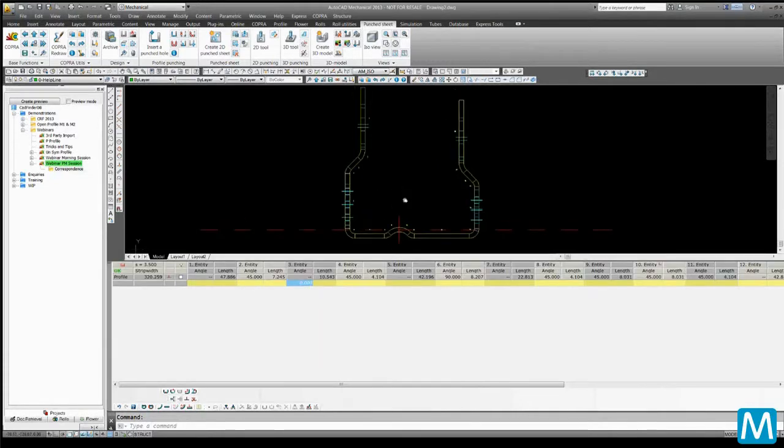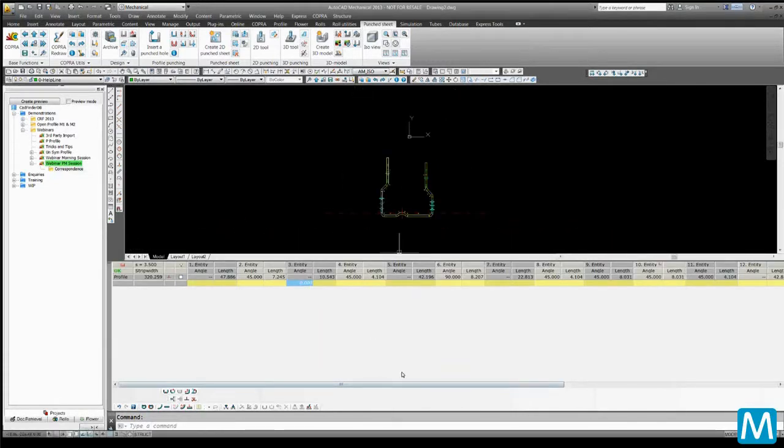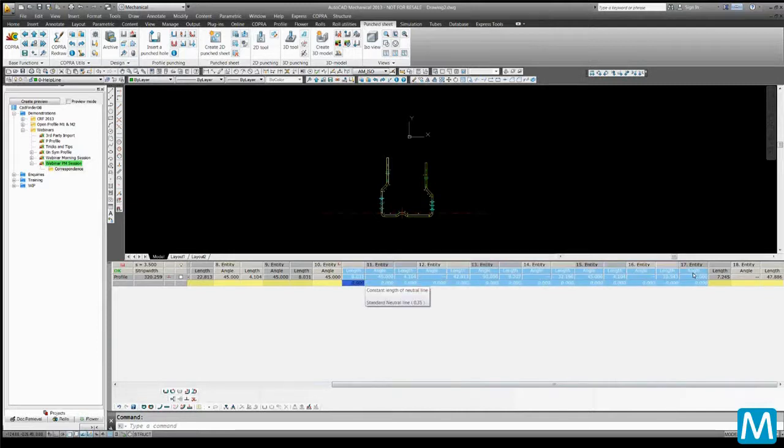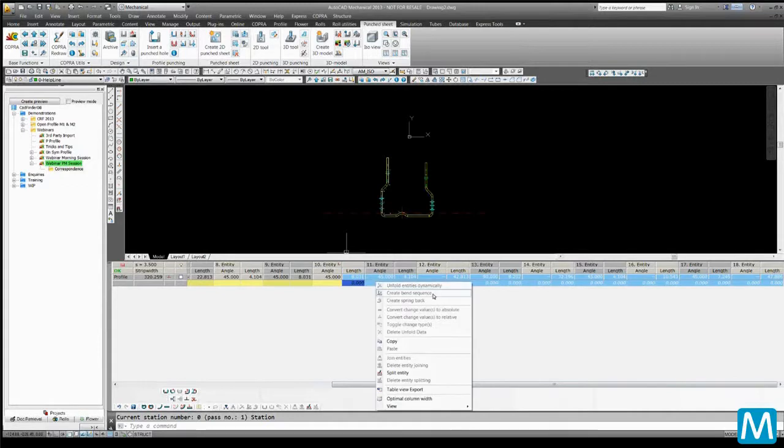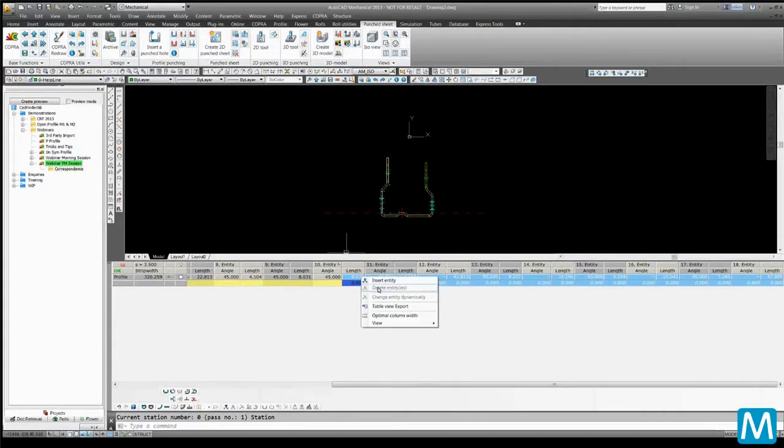Now here we can return to my component. Now you can see here we have an unsymmetrical profile. What we can do now is we can use SpreadSheet to edit that. So by highlighting these entities here, I can then right click here and you will see that delete entities is greyed out. And the reason being for this,